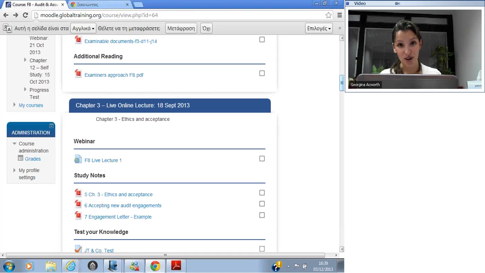So we've got our WebEx. Those live lectures are then provided in recorded format via Moodle. On Moodle, you'll find your study materials, which you can download and you can print them. And then you'll find additional quizzes. You'll find your mock exams and your progress tests. And you'll find extra information which the lecturer thinks will really help you to make sure that you achieve exam